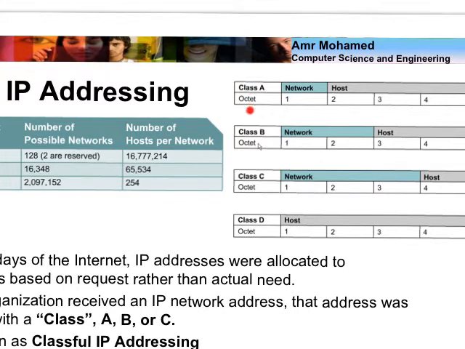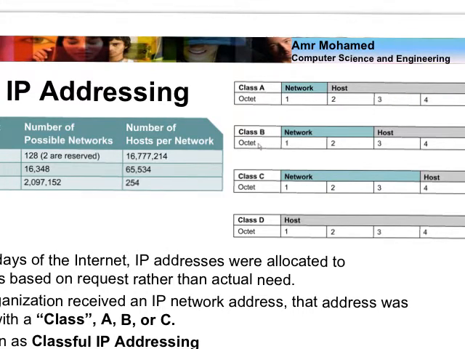So class A talks about the fact that the first left octet is going to be the network part, which means that the host part is going to be 0.0.0. And here is going to have a specific number. So any class A will have this as a specific number in a specific range, and the host part is